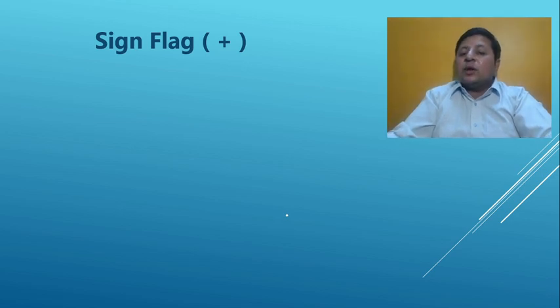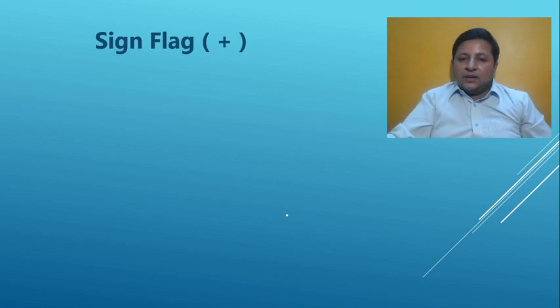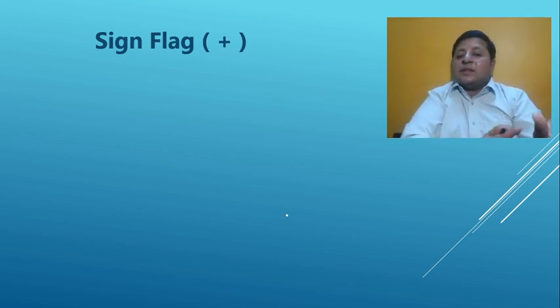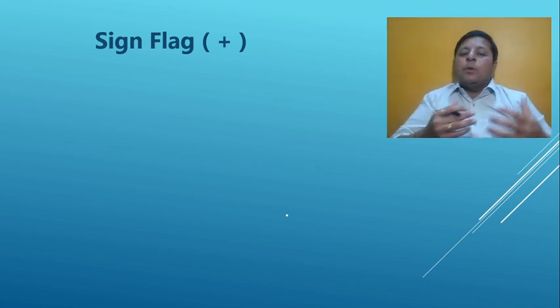Again, there's a confusion because the sign flag symbol is plus. So is it like it is biased towards positive numbers or something? Nothing like that. Get it clearly. Even if I print negative number with sign flag, it is going to have a minus sign only. It's not that anything you print, it is going to give you plus sign, because the sign flag symbol is plus. That's what I said. It is a compromise because of the lack of symbol. So sign flag is being used with plus.